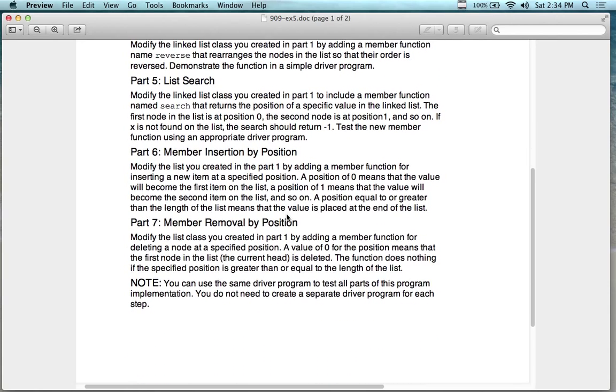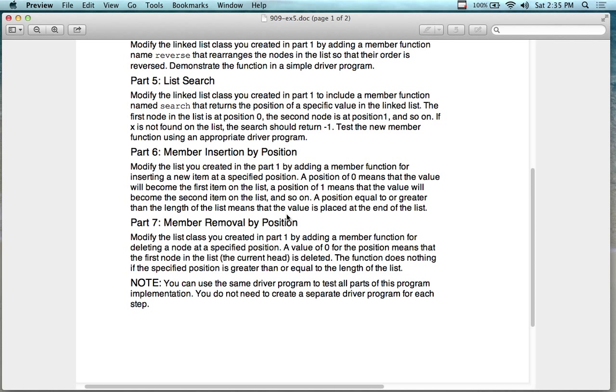Actually, you can just basically return a position number, like search 5. Here, 5 is number 4 or something. Give me the value that's stored in 5. Or search for this value and tell me what node it's at. However you want to do it. It requires you to go through the list. So if you're really good with linked lists, you really understand that concept, this is probably going to be an